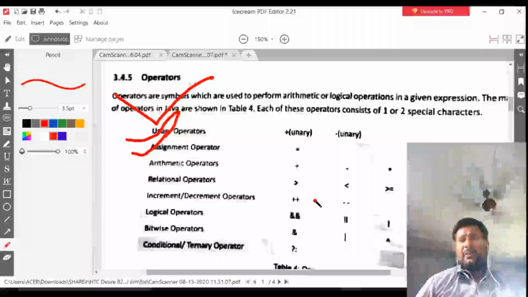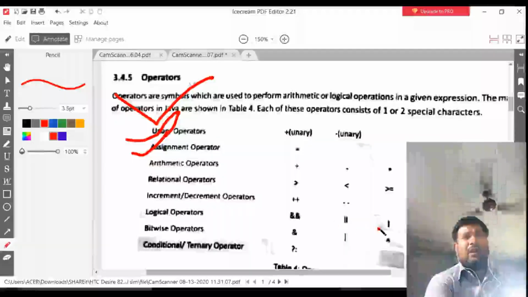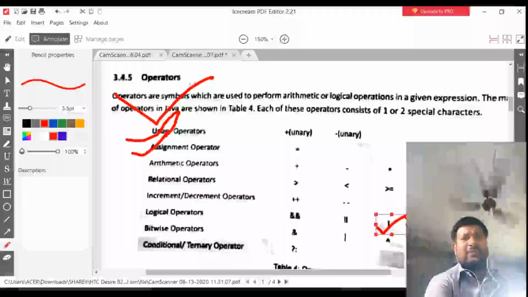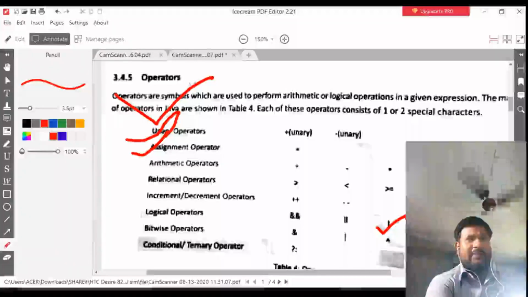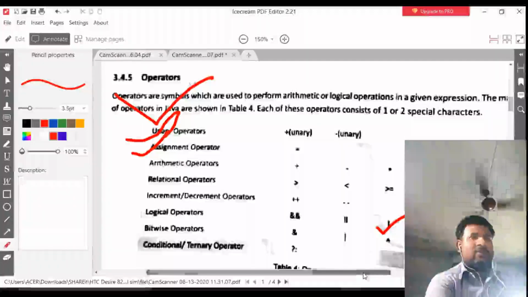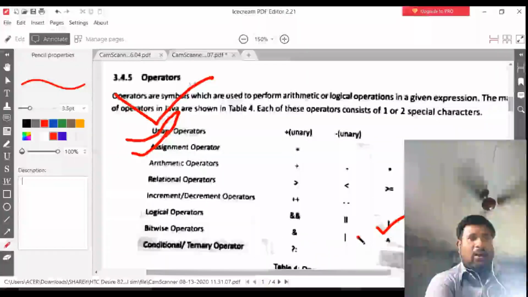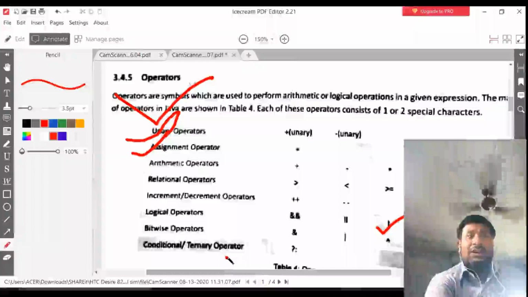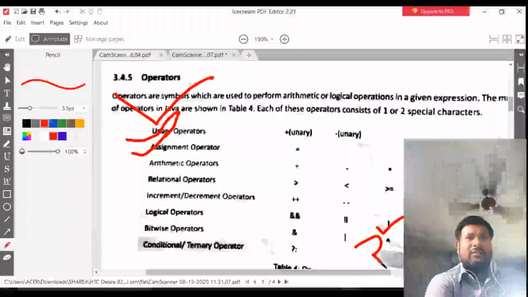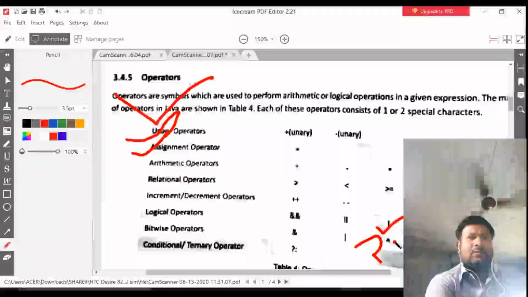I already said that double ampersand and double pipe are the logical operators. The not operator is just like a standing line with one dot just below it. So this is the symbol of the not operator. For the bitwise operators, this is and, or, and this one is not. The bitwise not operator is represented this way. The conditional operator is this question mark and this colon, one dot and a second dot.